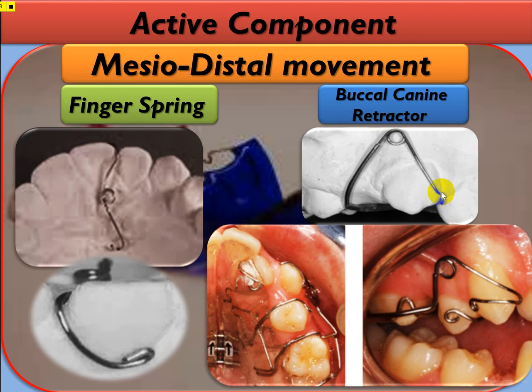The simple one, this is its shape, consists of a non-traumatic end, mesial arm, coil, distal arm and tag. While the modified buccal canine retractor consists of a C-clasp with or without a non-traumatic end, mesial arm, coil, distal arm, and tag. The simple buccal canine retractor, I mean this one,